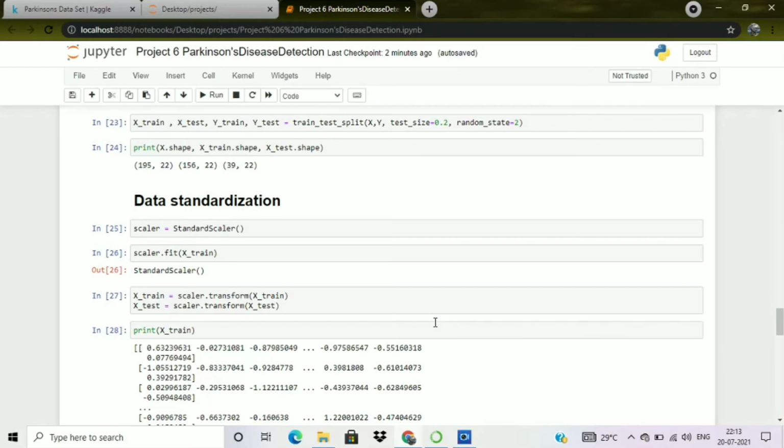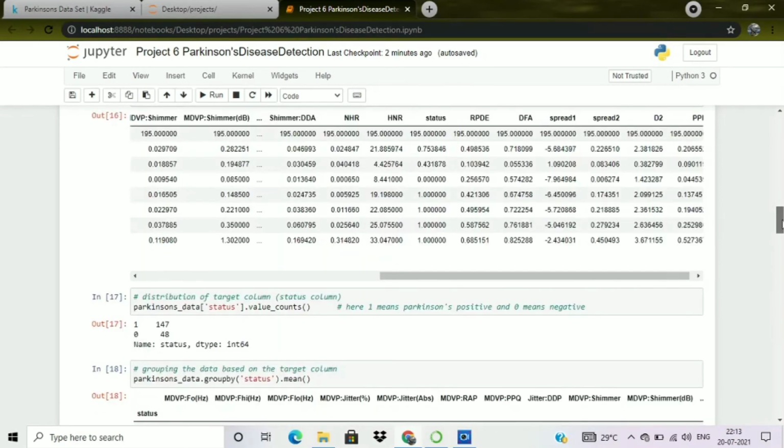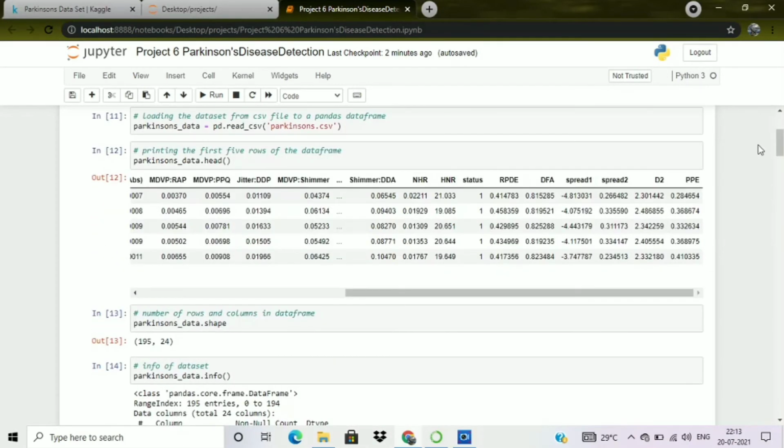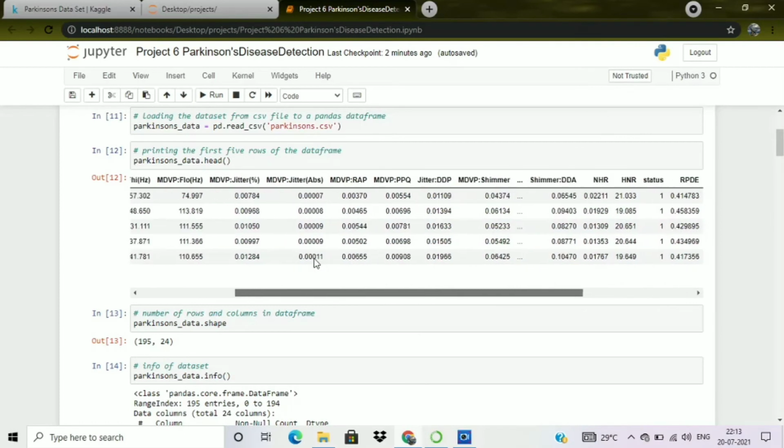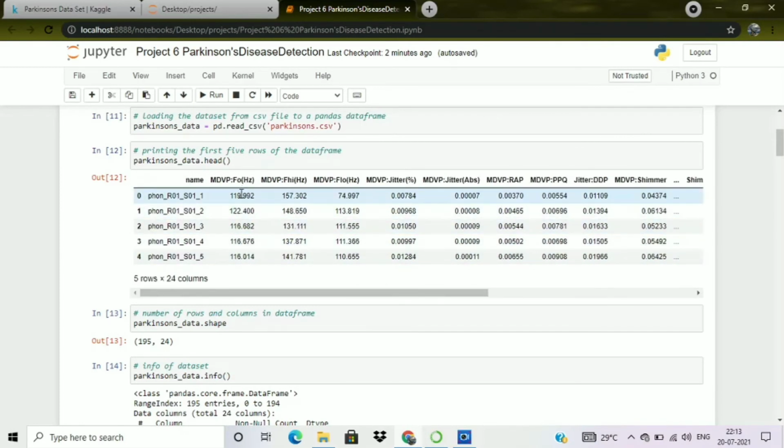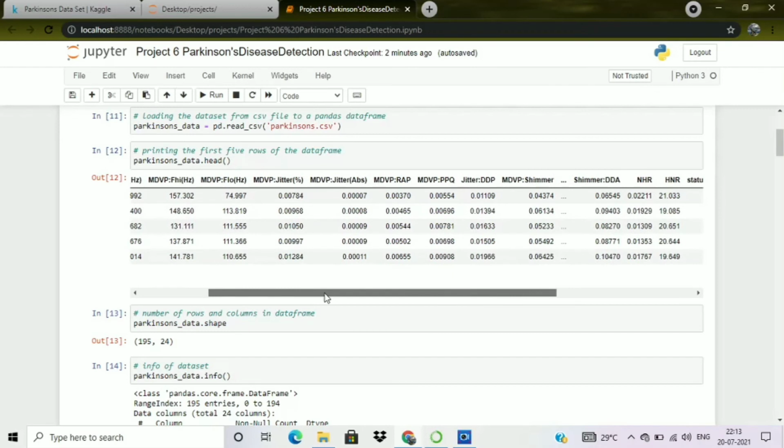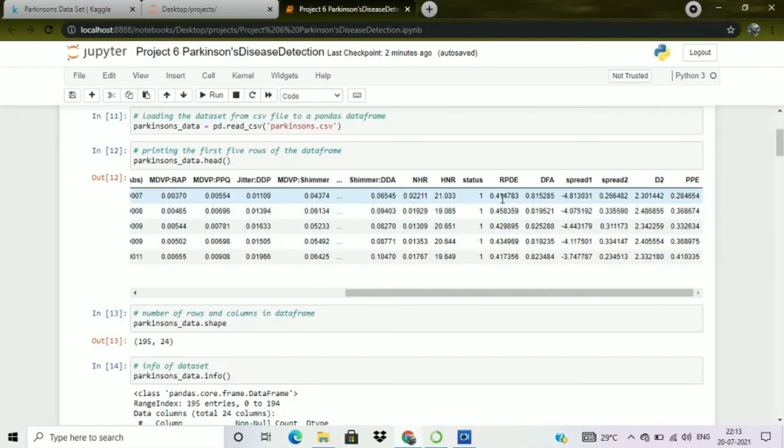Now let me show you why we are transforming our data set here. Let me show you the head function again. Here you can see that these particular columns have 3-digit numbers, like 116 and 122, and if we look at another column, it has decimal values.